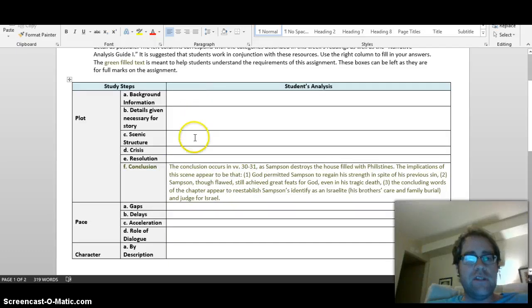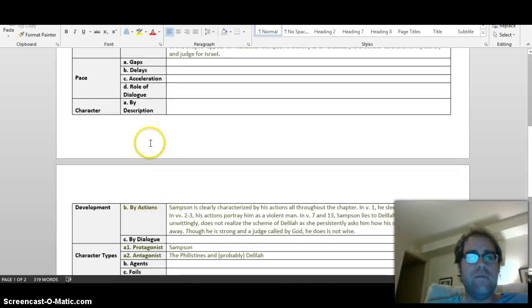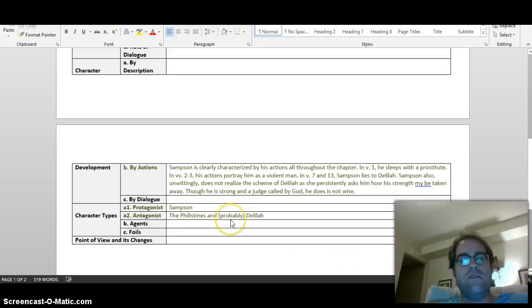You're building up to this, though, right? In this section of plot, you will have to give the background info, details, scenic structure, crisis resolution, but we just gave you the answer for the conclusion. Does that make sense? Then you obviously have to do this section on pace and character development, but then this part of actions, we're giving you what that looks like, so that you're getting some of these details.